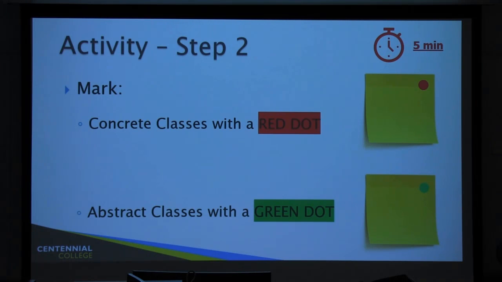So we need to rearrange. Every square is a rectangle. However, not every rectangle is a square. So again, you'd have square inheriting from rectangle. Okay?